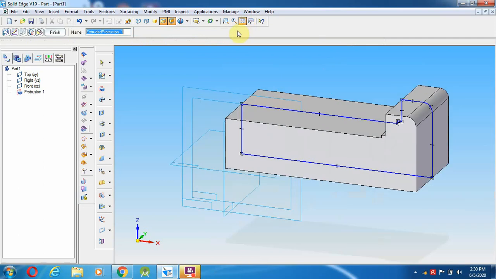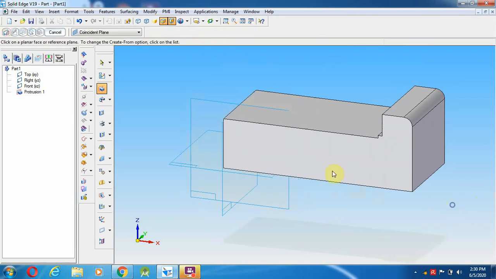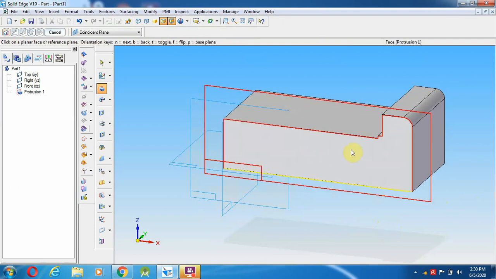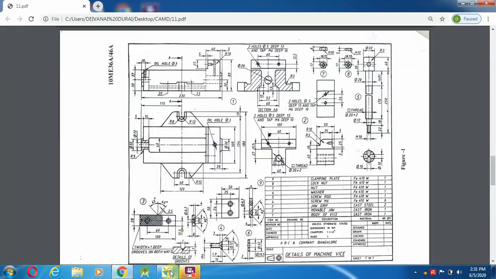So the initial base profile has been created over here. With the help of this, we are going to add and cut. So those many things we are going to do over here. After adding this, what is the next thing I am going to do? I am going to draw these shapes. I am going to consider them as wings. This is the portion that has to be fixed. It usually helps to fix the machine vice rigidly in the supports. Okay.